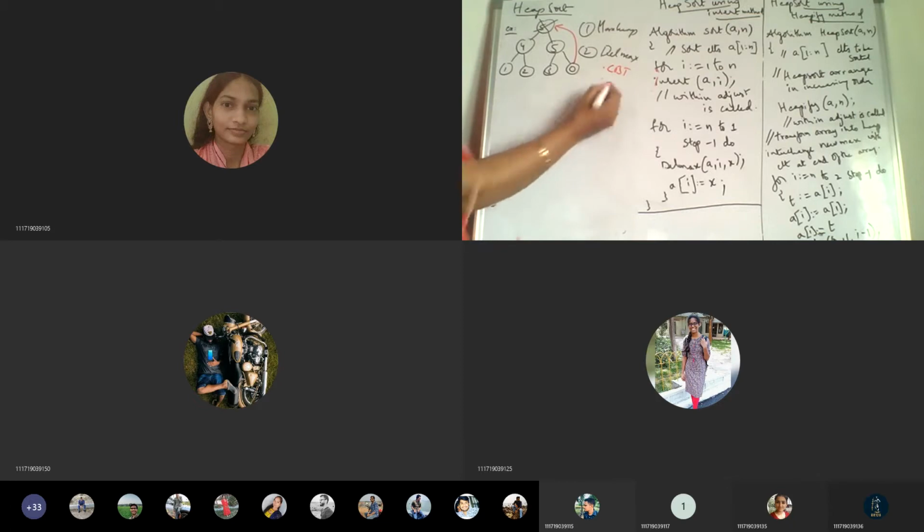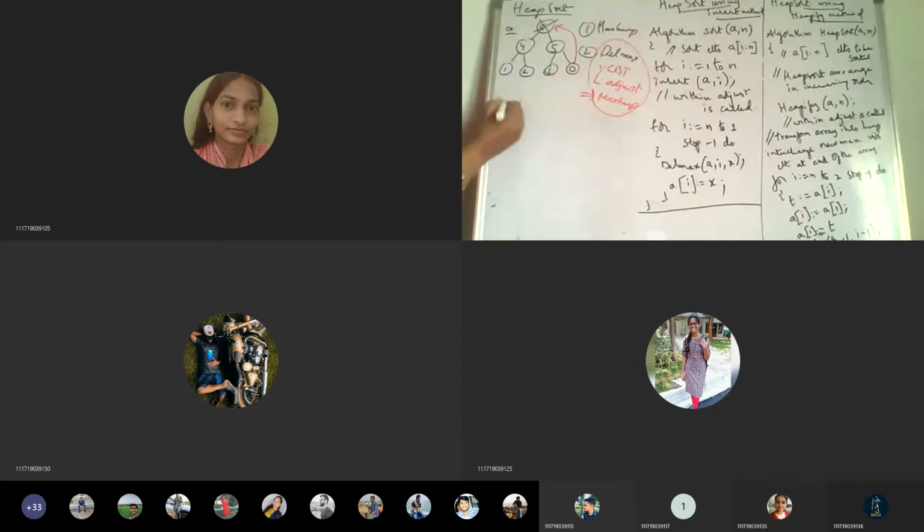After that, you have to adjust, so that you again get a max heap. Then again this procedure is repeated: delete the max element. So this entire thing is a cycle, step by step.